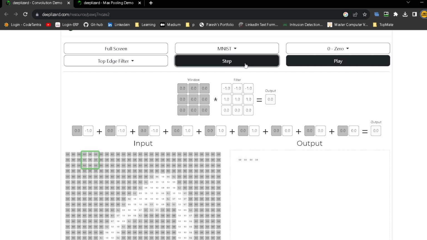As you can see in the animation, the filter is moving all across the images, and the feature map is getting ready here in the output section.